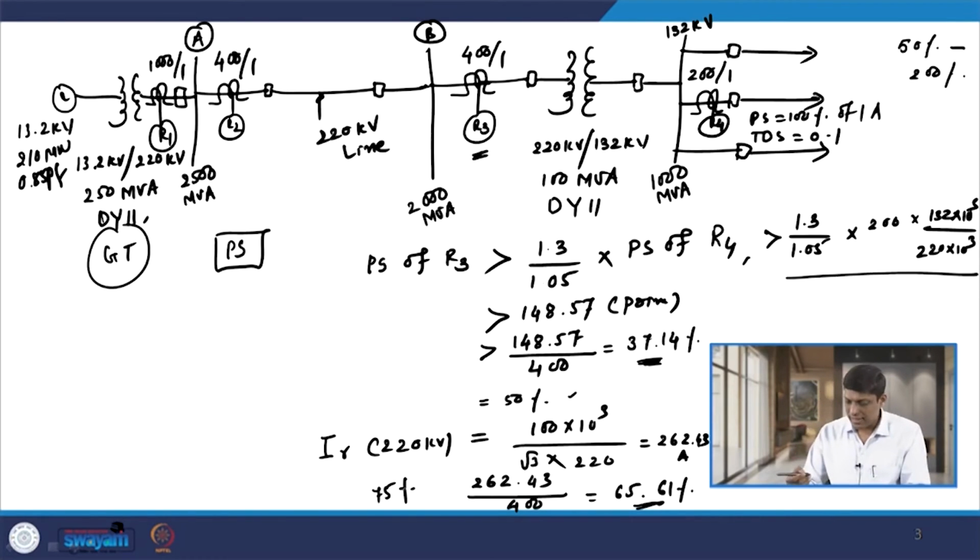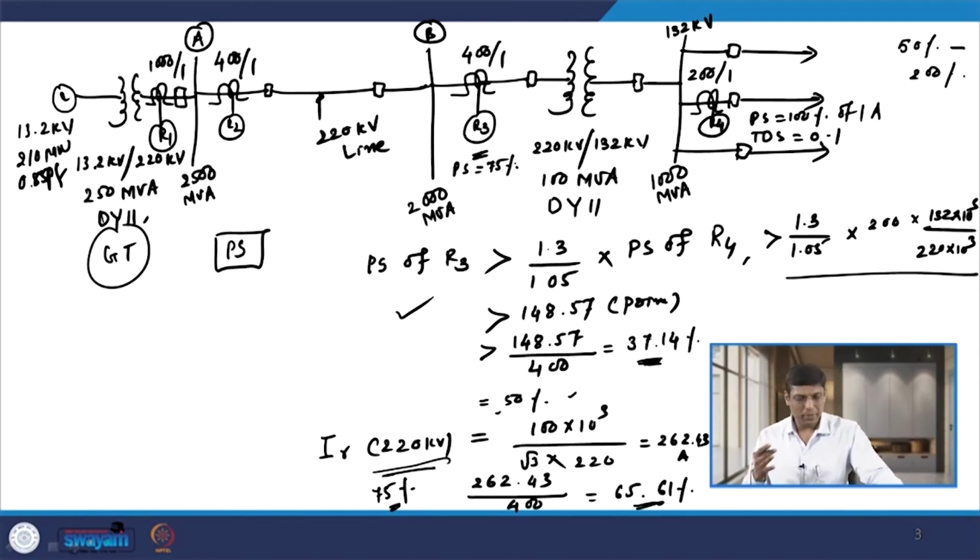In the earlier case, if I utilize this rule, the setting comes out to be 50%, but when I check the rated current of the transformer, the setting comes out to be 75%. So, I have to select the higher value, that is 75%. So, the plug setting of relay R3 is 75% of its rated current 1 ampere, or 75% of primary, that